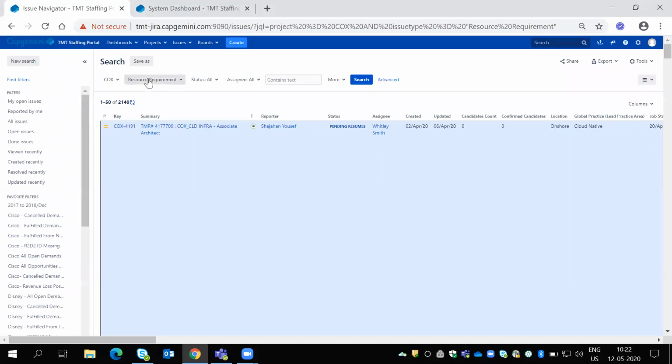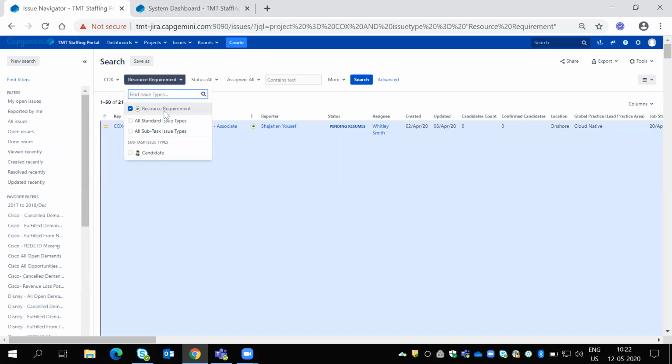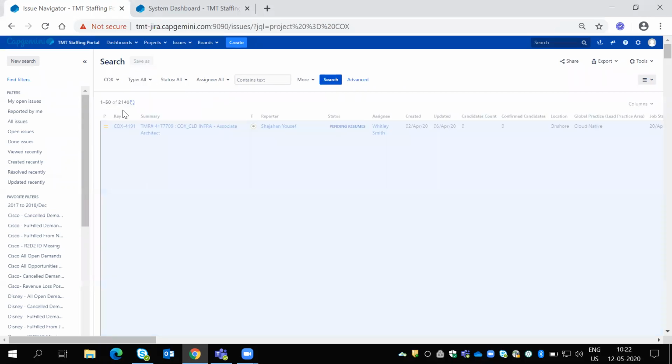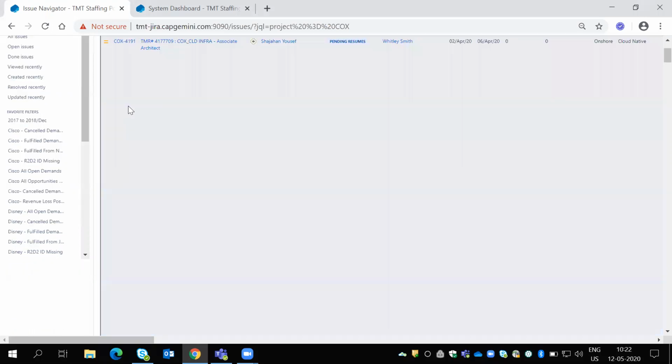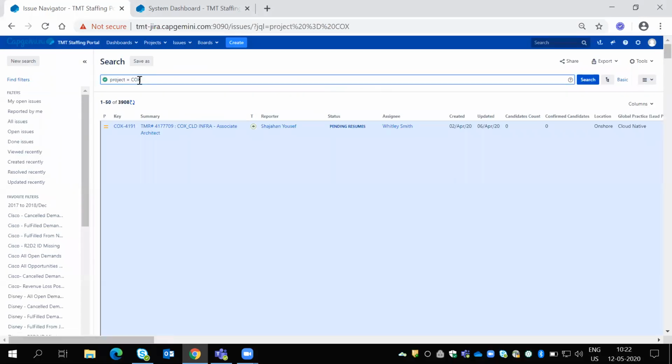See here, when you click on Cox project, you will see 39,008 tickets. Once you select it, it is only Cox project tickets. There are no other restrictions like issue type, status, or anything.